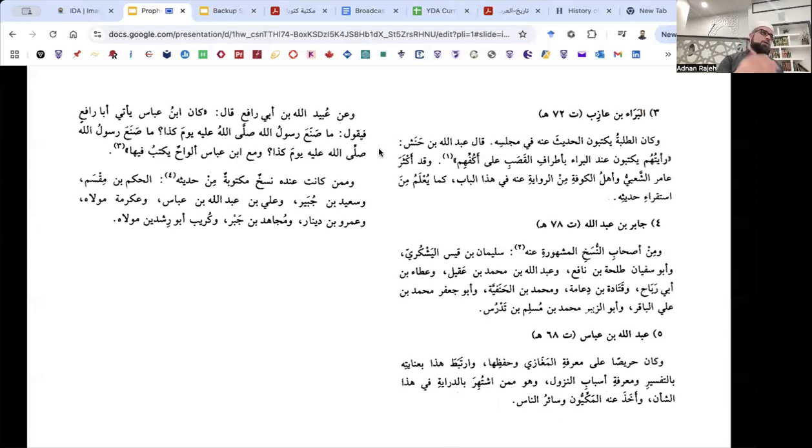And there are more than one narration of him sitting in large groups, and the tabi'in sitting there with the reeds. ورأيتهم يكتبون عند البراء بأطراف القصب على أكفهم. They would take the qasab, which is what they had for a pen. You would put it in the ink and they would write on their hands as he would tell the stories,